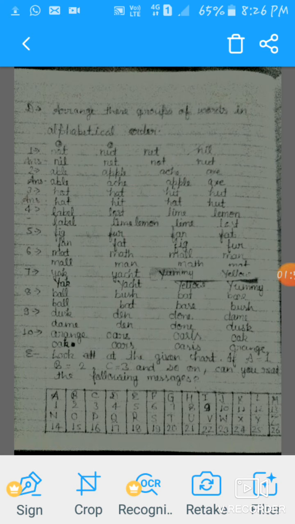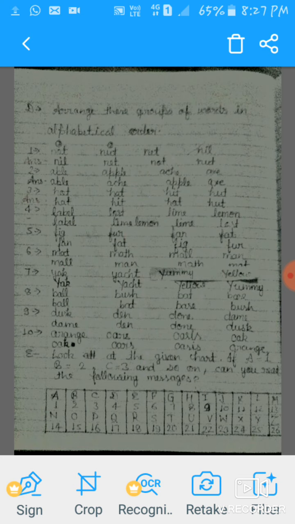In a dictionary all the words are arranged in alphabetical order. So if you want to find a word in a dictionary, you need to search in the correct alphabetical order. Okay, so dear children, we will start Exercise D. Arrange these groups of words in alphabetical order. Okay,